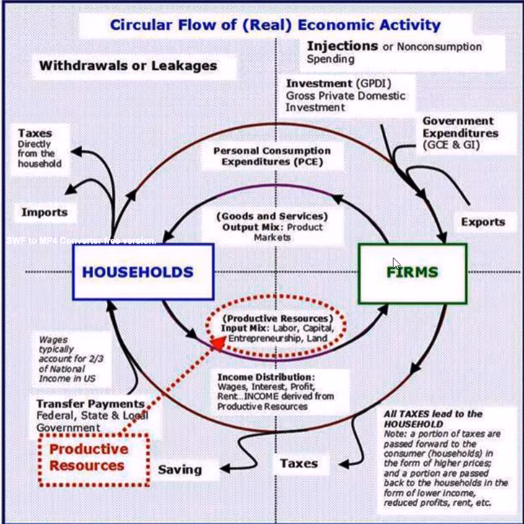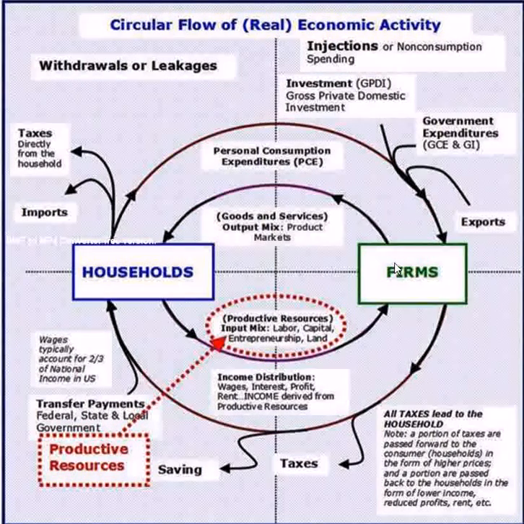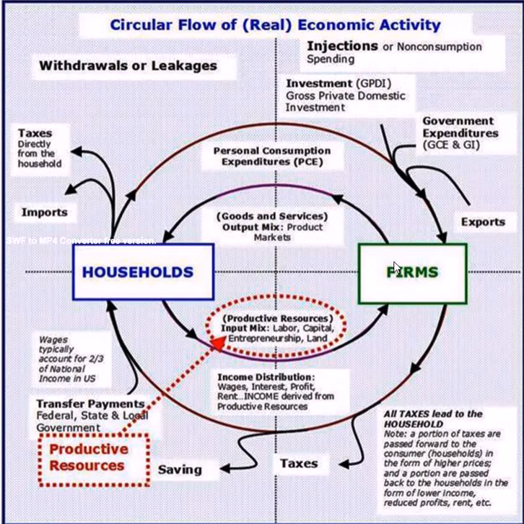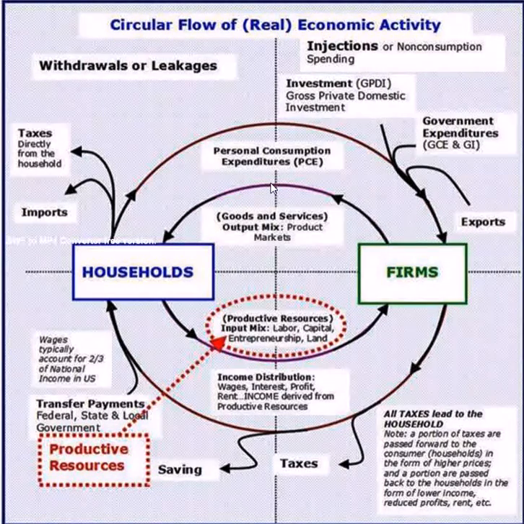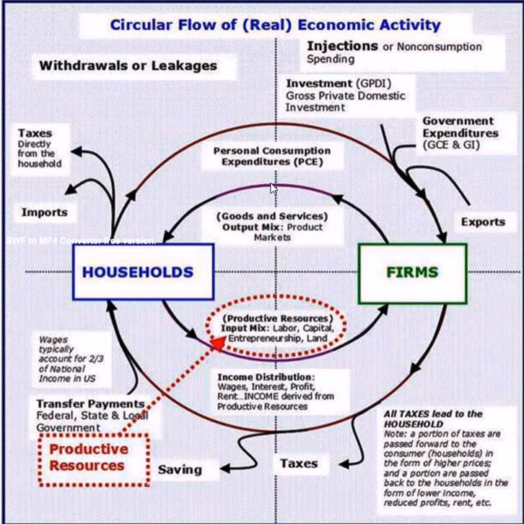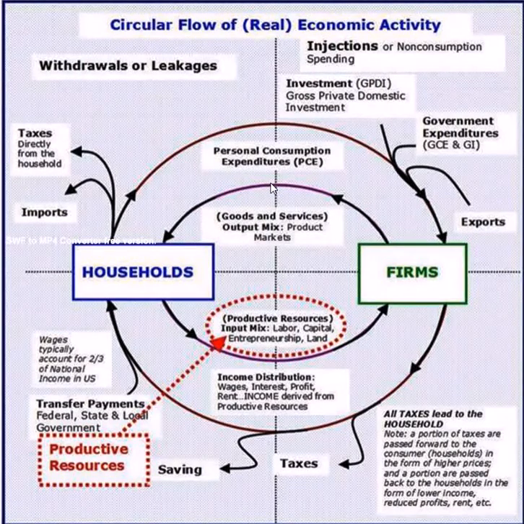Now they interface each other in two places. If you go to the top, they interface each other in what we call the market, a market. But these markets are the markets for goods and services, the product markets. Consumer goods, capital goods, government or public goods, etc. They face each other. In this market, in this set of markets, the households are the demanders and the firms